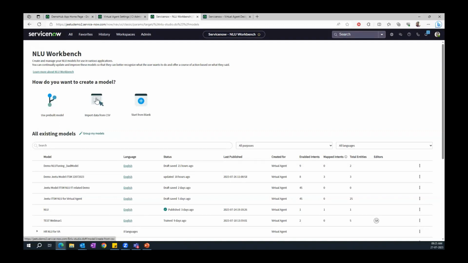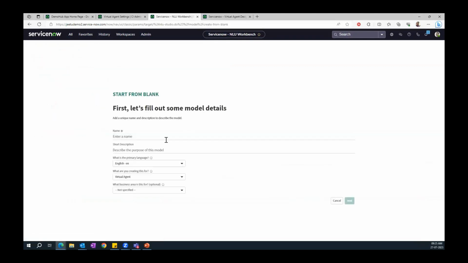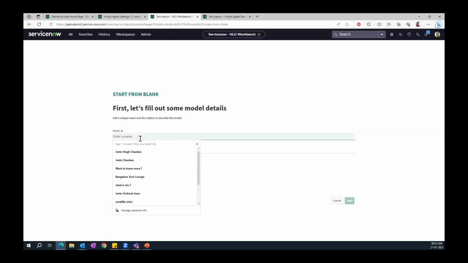You can import your data from CSV and create your model from here. Otherwise, you can create a model from blank data, right? So if I quickly show you, I just have to give the name of the model here. Say, ticket.